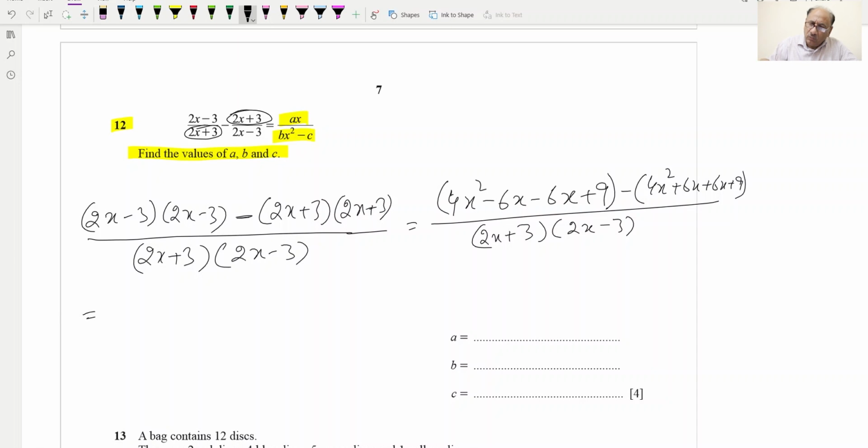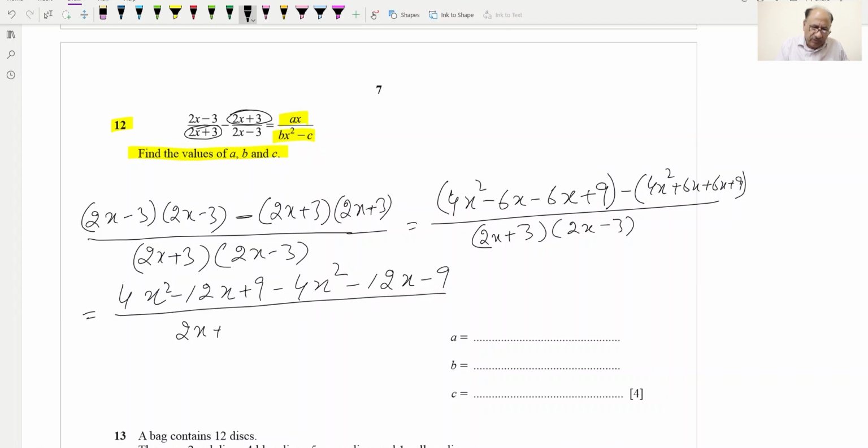Now further we can open this bracket, and the minus sign will change the signs of the inner terms. So 4x squared minus 6x minus 6x will be minus 12x, and plus 9, minus, now signs will be changed, 4x squared and minus 6x and minus 6x, so minus 12x and minus 9, divided by 2x plus 3 and 2x minus 3. Now we can cancel whatever terms we can cancel. 4x squared can be cancelled, and 9 and minus 9 can be cancelled,